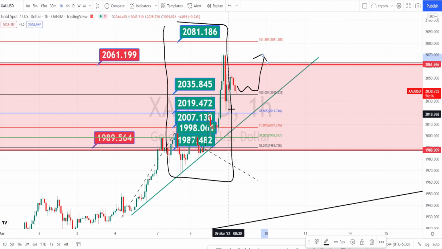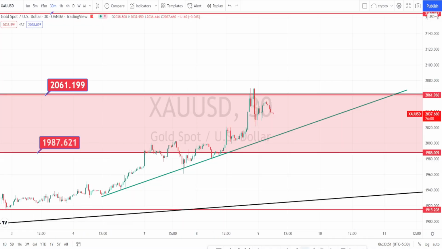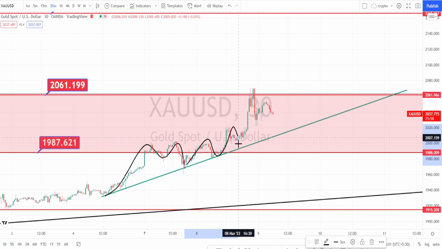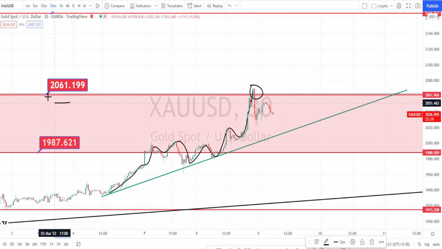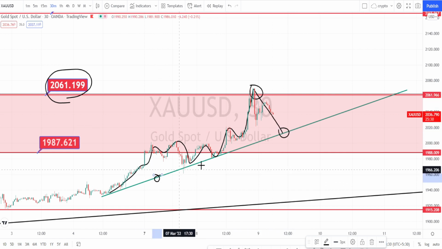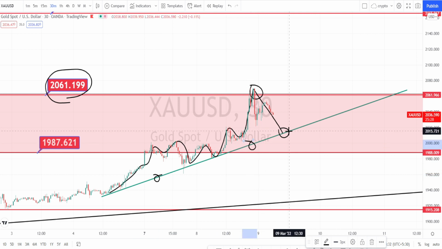Let us do the analysis in 30 minutes time frame. I'm in 30 minutes time frame now. When we look at the price action in 30 minutes time frame also, it is in a very strong bullish trend. It has found resistance at the resistance level of 2061 and currently it is on a retracement. We can expect it to take support on the support line from the hourly time frame,